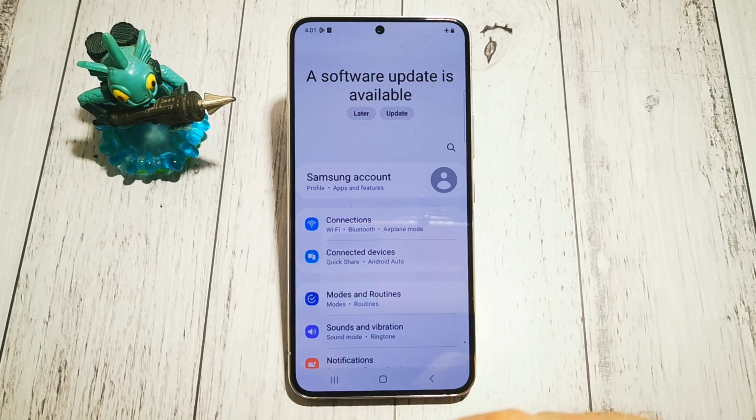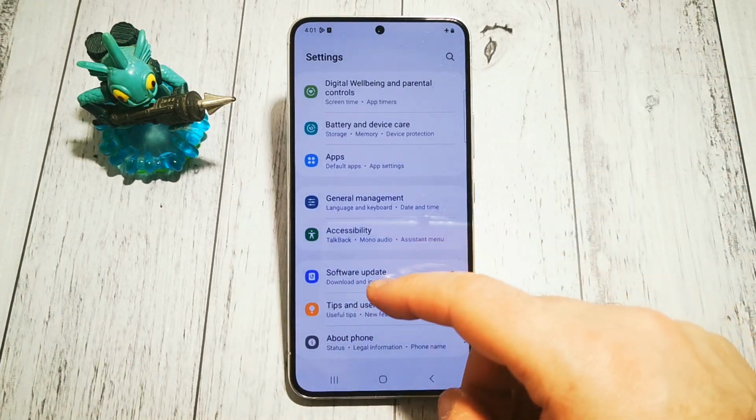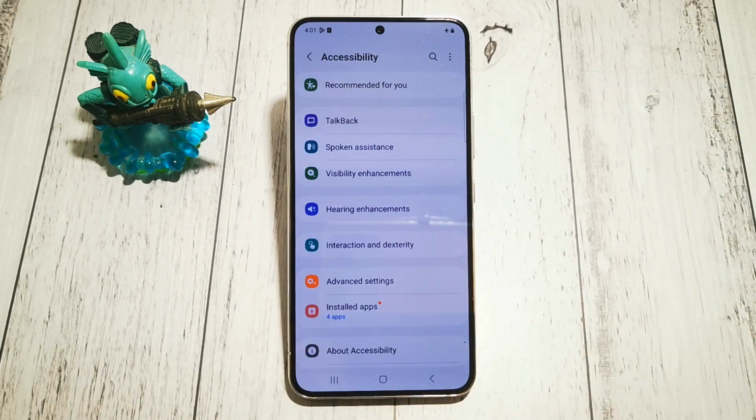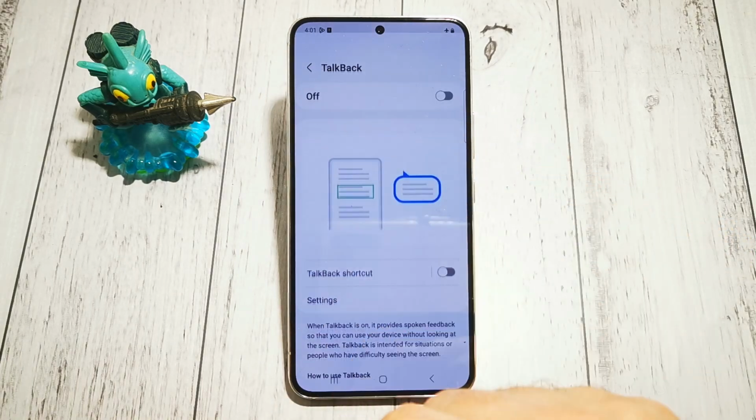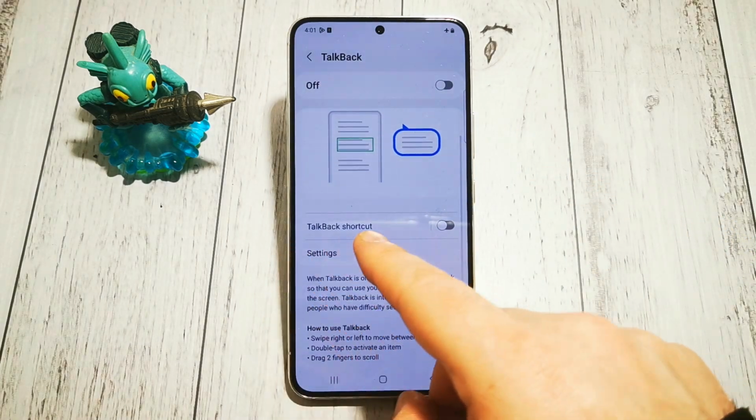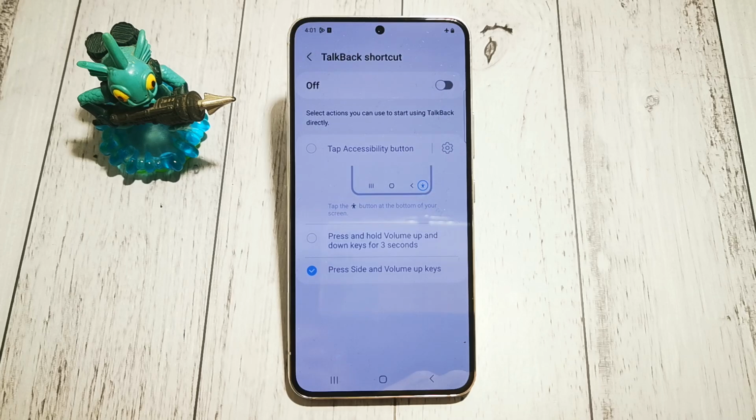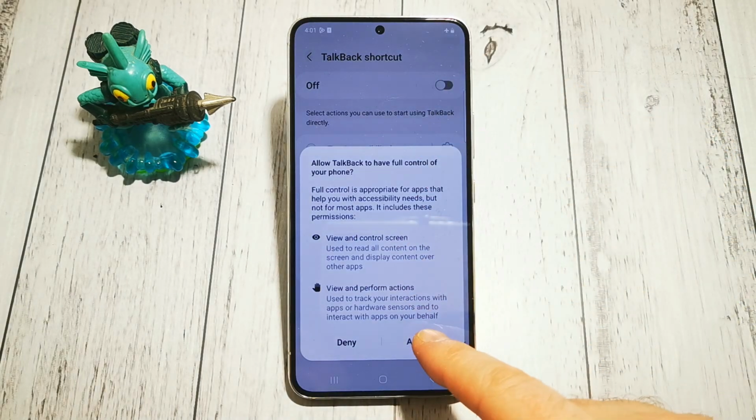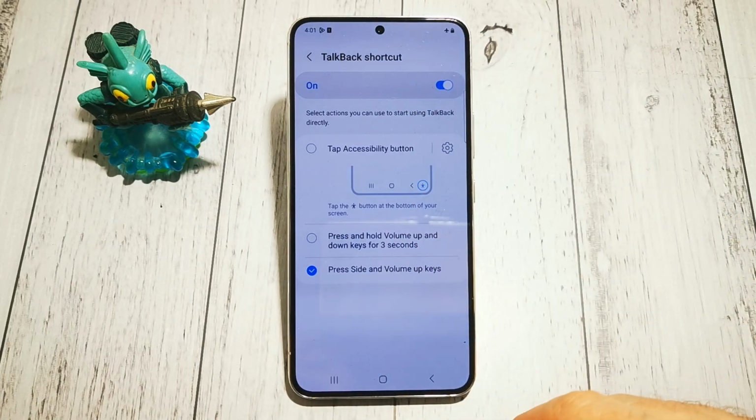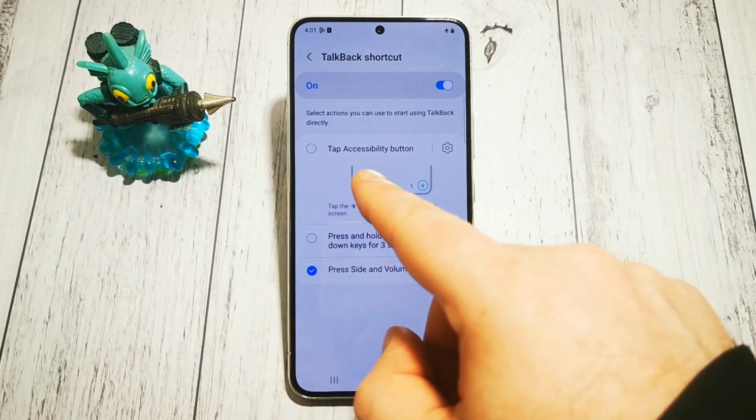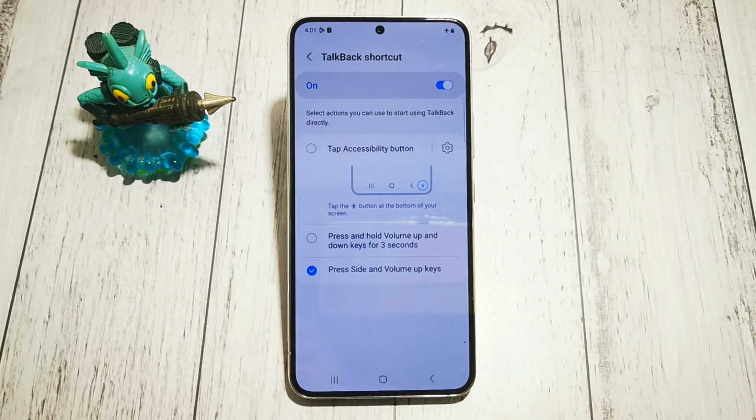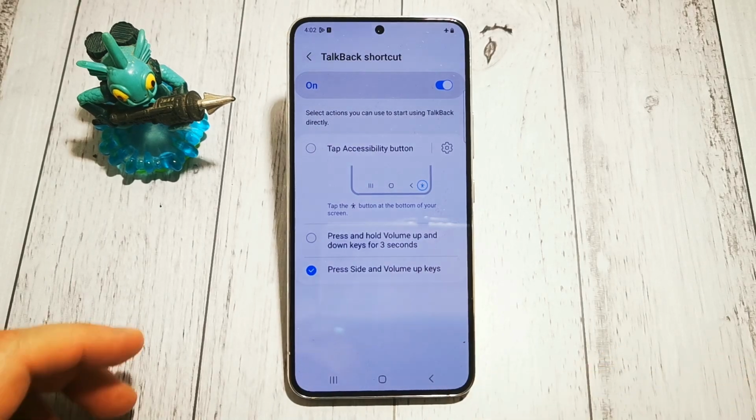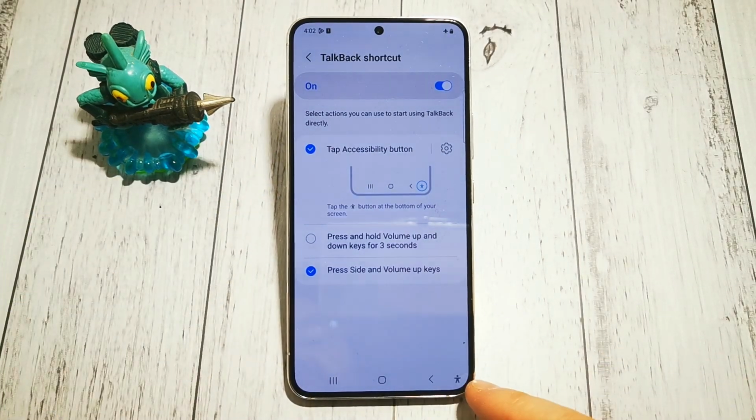We need to go to Settings, then we are looking for Accessibility options right here, and at the top we have TalkBack. In the TalkBack shortcut menu, we need to enable this button, Allow, so we can have changes made here. So we want our screen button, so it will appear on the bottom right, and as you can see,